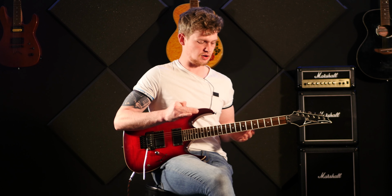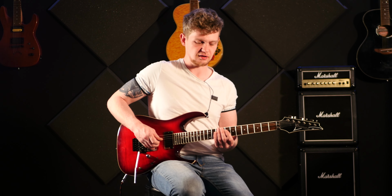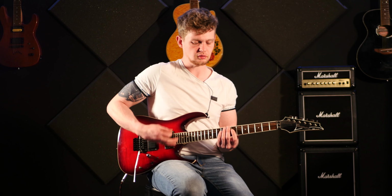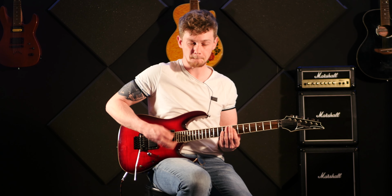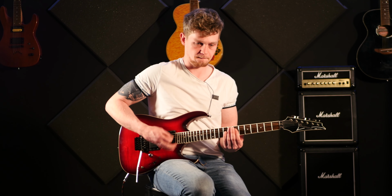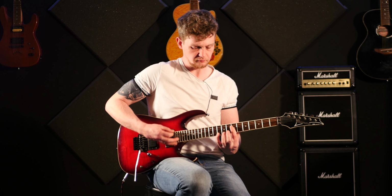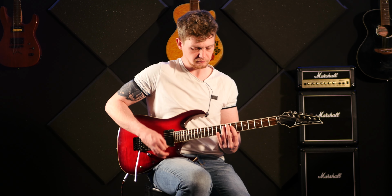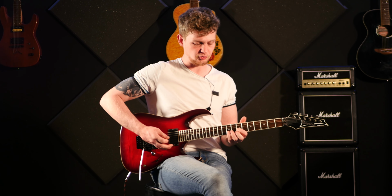Before you know it, when you're doing it like that, it kind of creates a Nile Rodgers feel to it. And then you can start doing things like adding little slides in here and there. Then you can start doing it with other fingers and adding them in. And before you know it, you've got this rhythmic feel to your playing as opposed to...